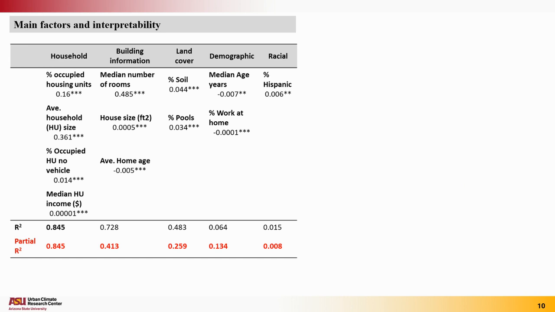We found that if we add building information variables, we can increase the prediction power by 40%. If we do the same with land cover variables, we can increase it by 25%. And with demographic variables, we can increase the model predictivity by 13%. If we add some relational variables, we don't get a significant increase, despite these variables being significant for the selected